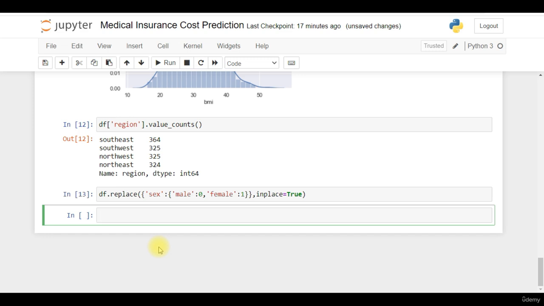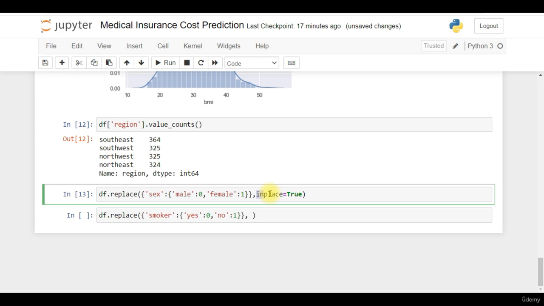And finally, next thing I want to encode is the smoker column. So again I can write something like df dot replace, and here I can give smoker. For yes I have 0, and for no I have 1, and again this will be inplace equal to true. So I'll copy this,